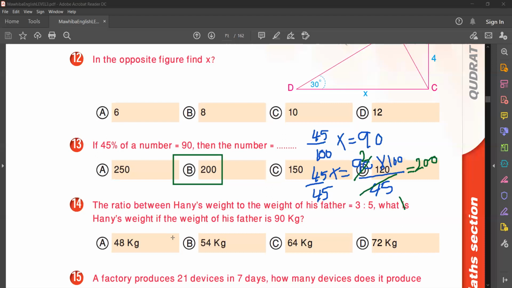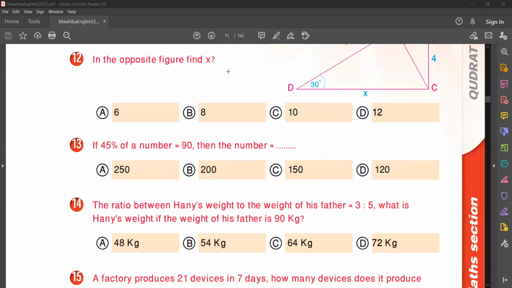Good. 14. He wants the ratio between Hani's weight to the weight of his father. This gives me the ratio. Now the ratio between Hani's weight and the weight of his father is 3 over 5. What is Hani's weight if the weight of his father is 90? Yes, I write a fraction right here, 3 over 5